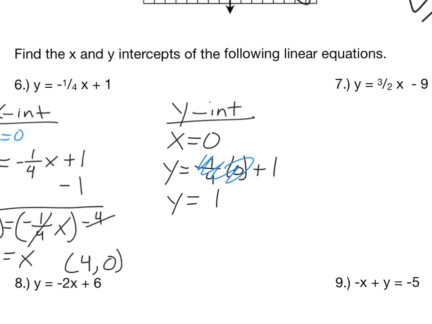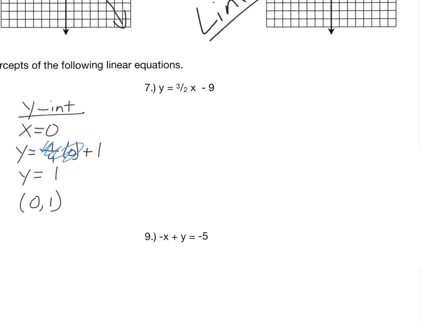So what is our y-intercept? 0, 1. That's all you would need to do for that problem. They're not asking you to graph it. Number 7,